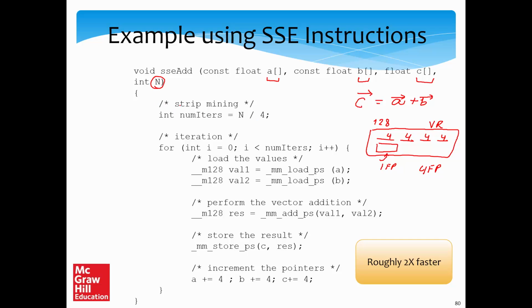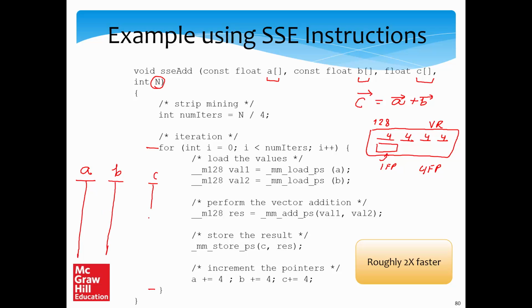So this process of reducing the number of iterations is called strip mining. So then we simply run a for loop from i equal to 0 to num iterations minus 1. So we need to do several things. The first thing is that, let's consider the first iteration, right? So we have the pointers A, B, and C, which look at different memory regions.